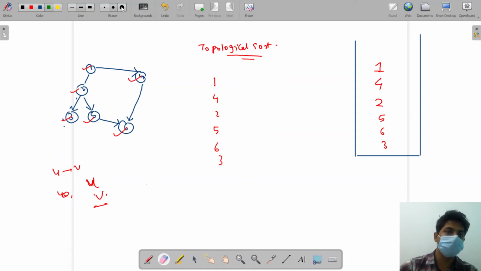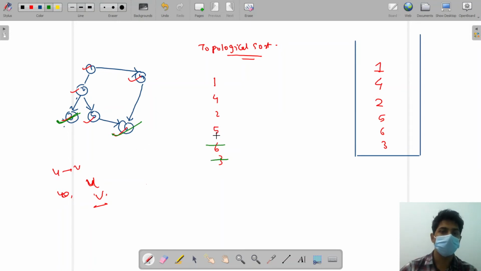Now let's try to resolve the tasks from bottom to top, and see if there is any dependency because of which we are not able to complete any task. Let's see that. So suppose first I will complete task 3. Task 3 is not dependent on any task, so it will be completed. Now I will complete task 6. 6 will be completed since it is not dependent on anyone else.